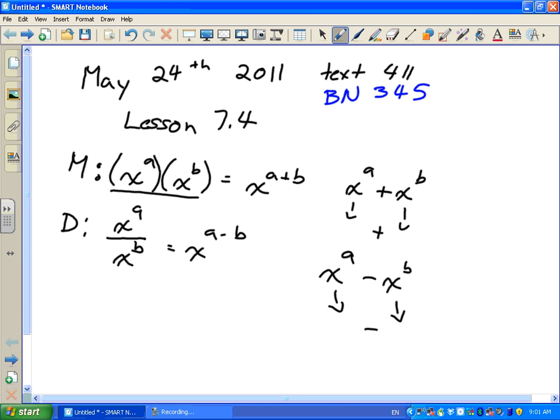Multiplication gets us to this. Division gets us to this. Adding and subtracting are completely different. Okay? Please don't get that confused on the test if I give you an addition question with numbers with the